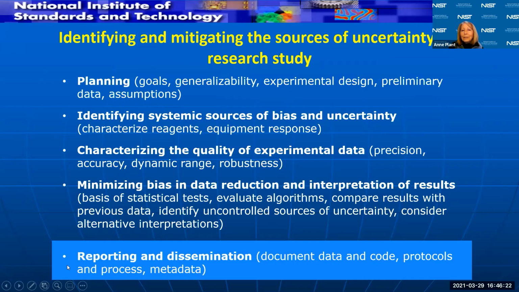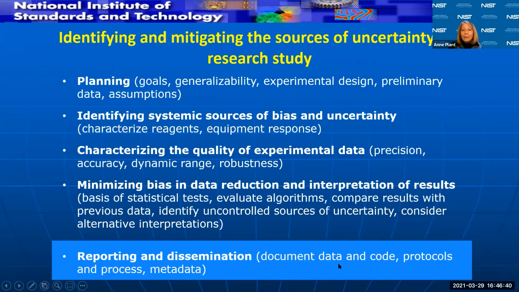And of course, the thing that I really want to focus on for this talk is the idea of reporting and disseminating as much of the information as you possibly can that goes into this research study.